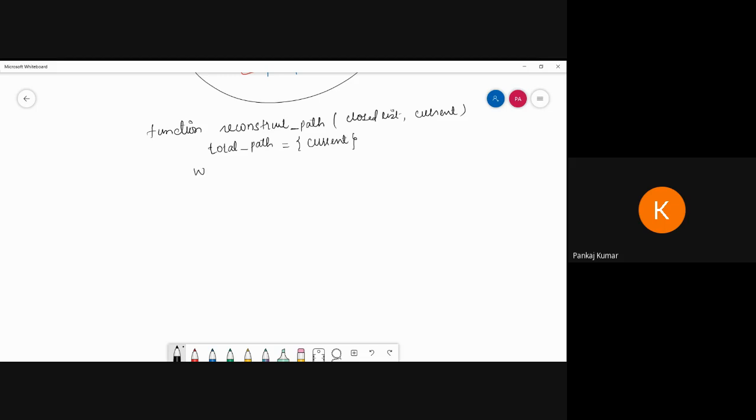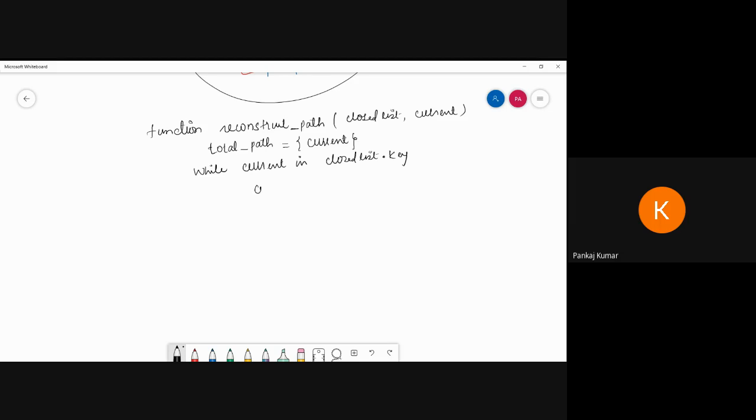Then I write while current in closed list dot keys, that means whatever you are putting in the closed list, that is your key.